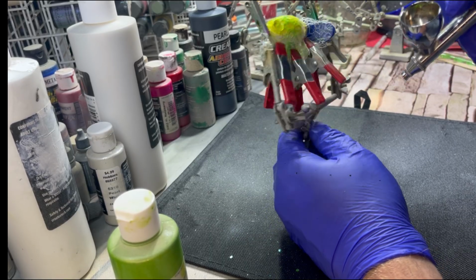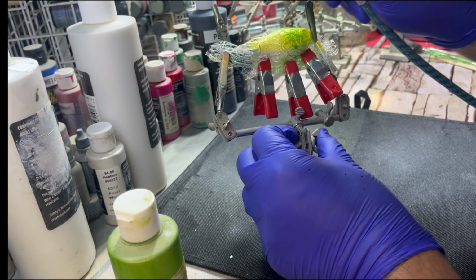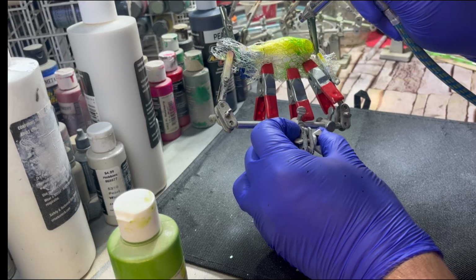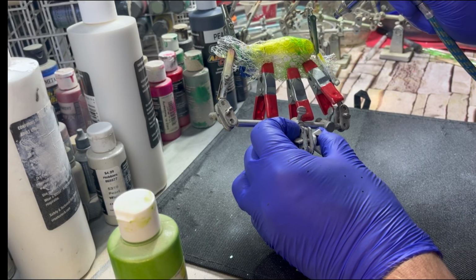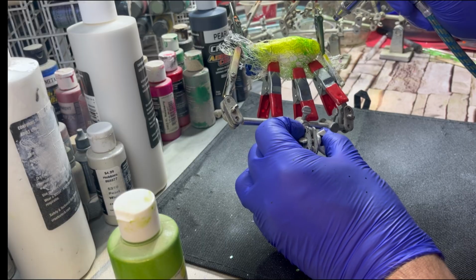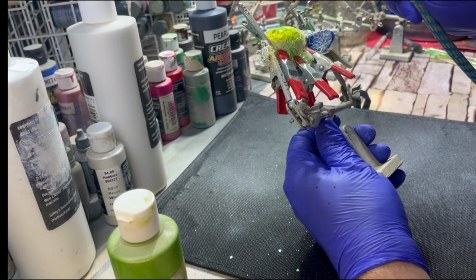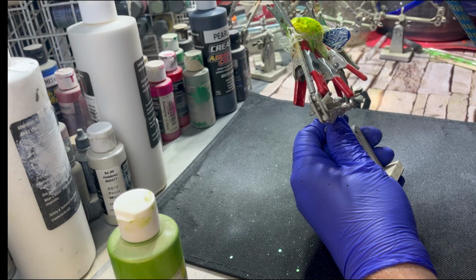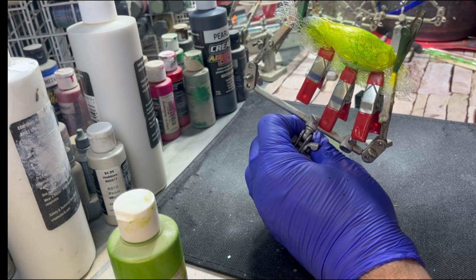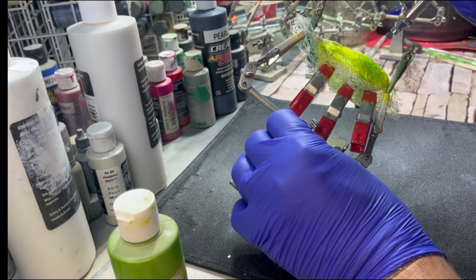And I think actually I had the bait backwards. So on this, making sure I'm doing this right. Yes, I want to do the back way. So I'm going to go this way for these. I'm going to go from front to back. So I am going to start down here, and I'm just going to go front to back. Now, this pearl lime and the pearl pineapple are kind of close in color, so it's not necessarily going to overtake the yellow. It's going to give a little green highlight on the yellow, but it's not going to overpower it. When we get it done and taken out of the stencil, you will see that with it. So I'm just going to go the whole bait, even the top,